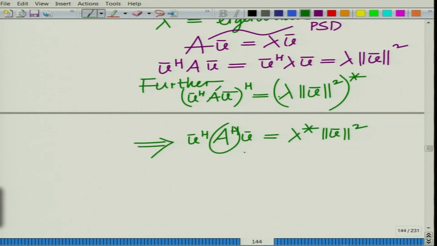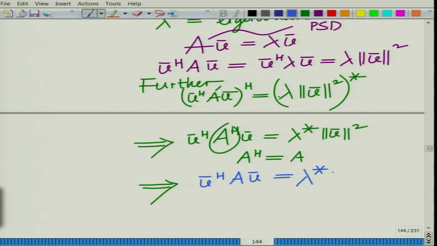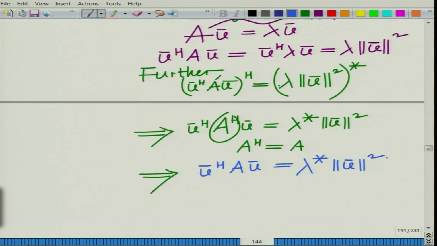Again we have a symmetric matrix, that is A Hermitian equal to A. So, this implies, you can easily see, u bar Hermitian A u bar equal to lambda conjugate norm u bar square. So, if you look at this, what we can call as properties 1 and 2,